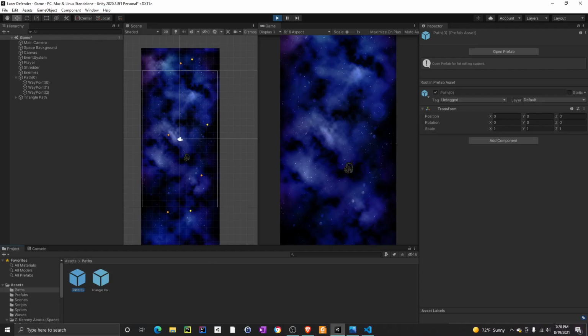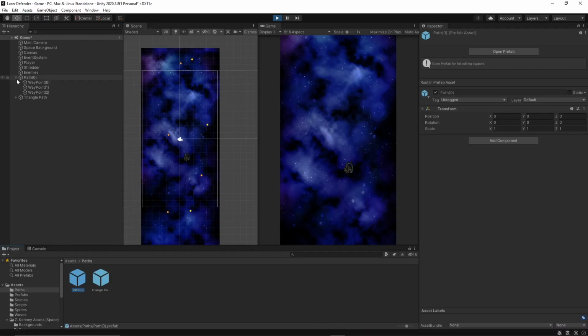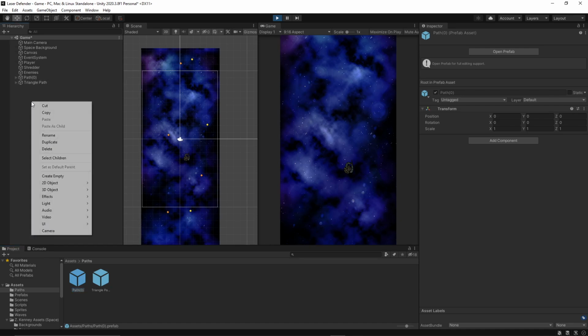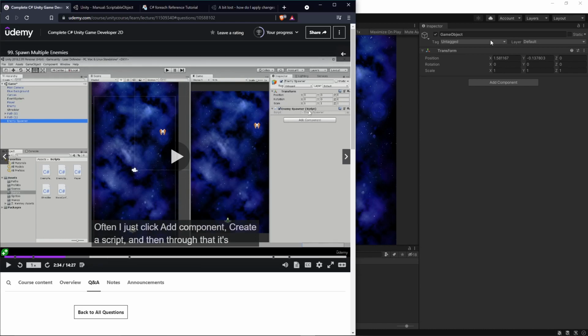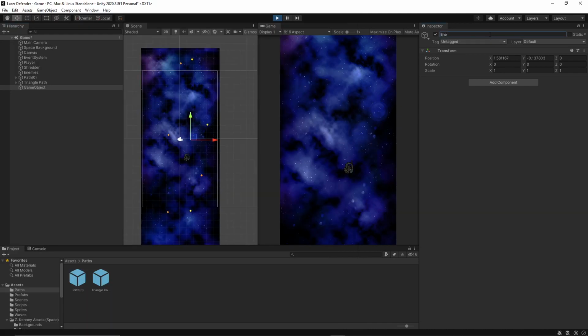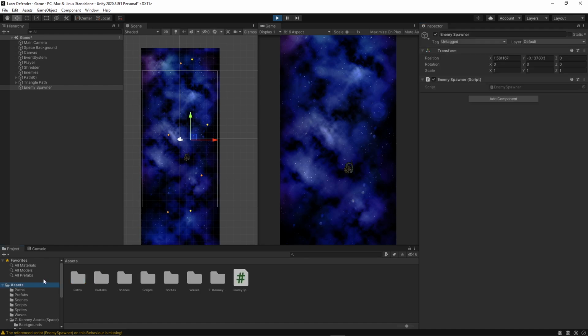Alright, so, I mean, whatever he explained, I think that was pretty reasonable. So, let's see. So this is the enemy spawner. So we just create a script. Let's reference, let's go to assets, scripts,